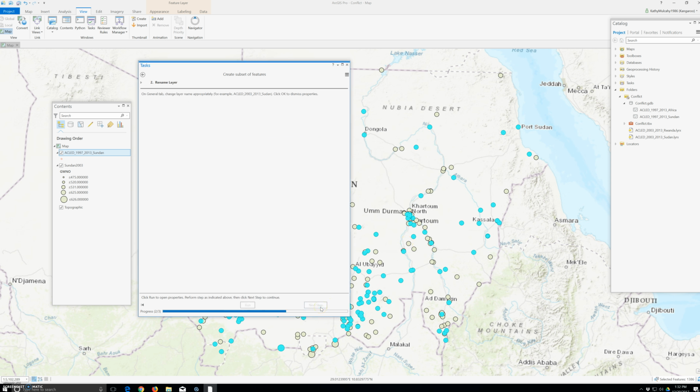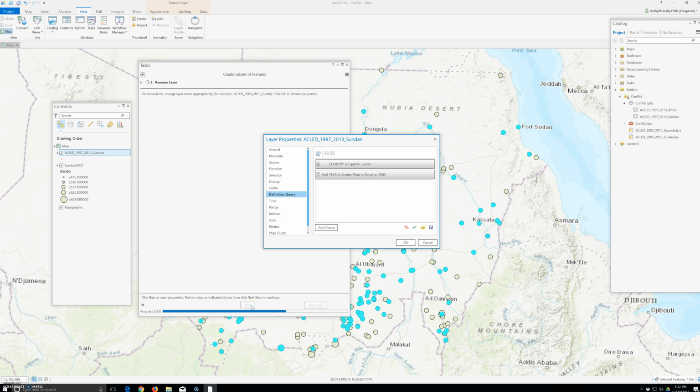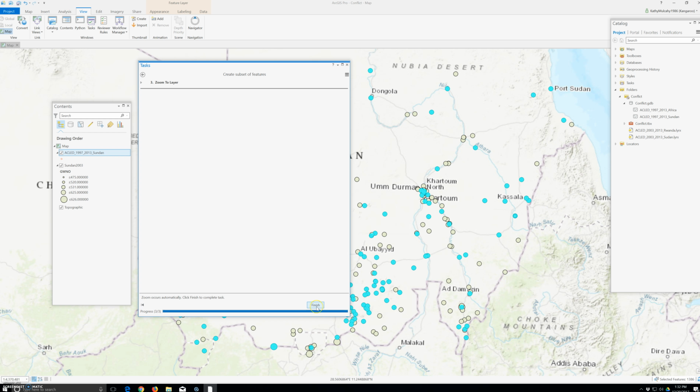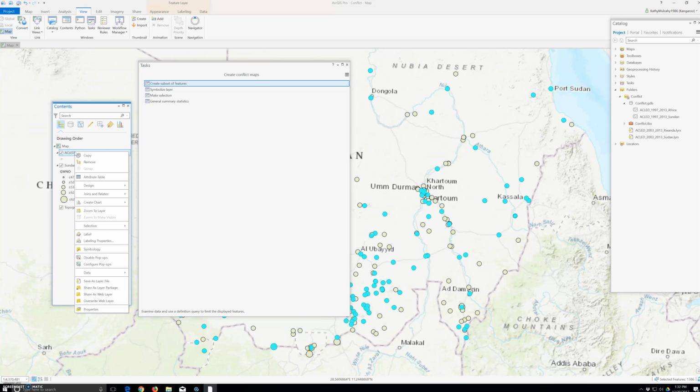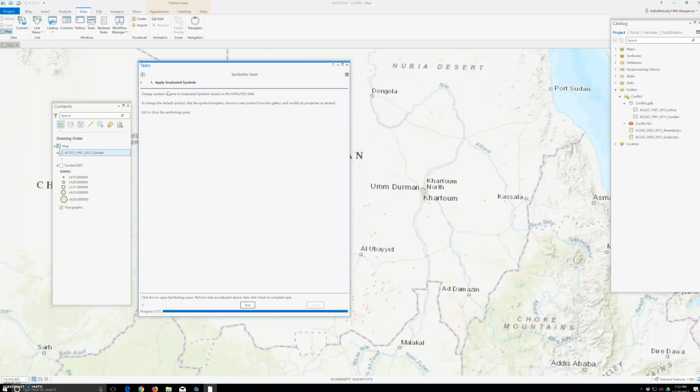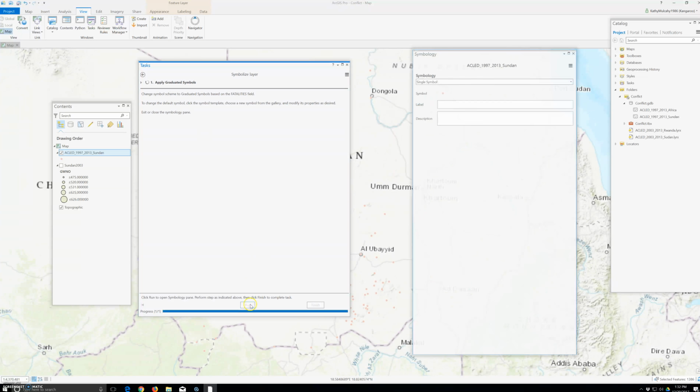Next step, and rename the layer. Run. Alright, click OK. Next step. Perfect. And then zoom to layer. Alright. So uncheck this. Alright, perfect. Okay, so symbolize. Alright, we have to symbolize. Probably run. Alright, so